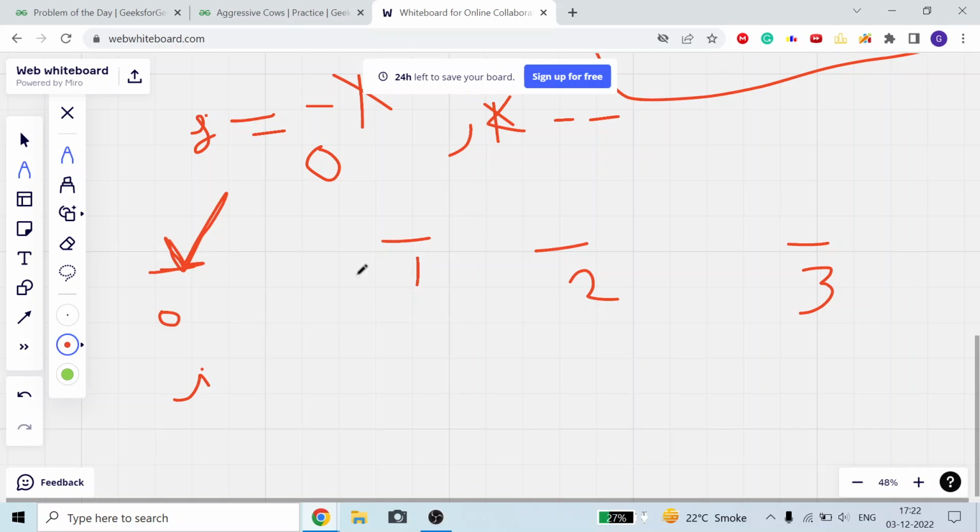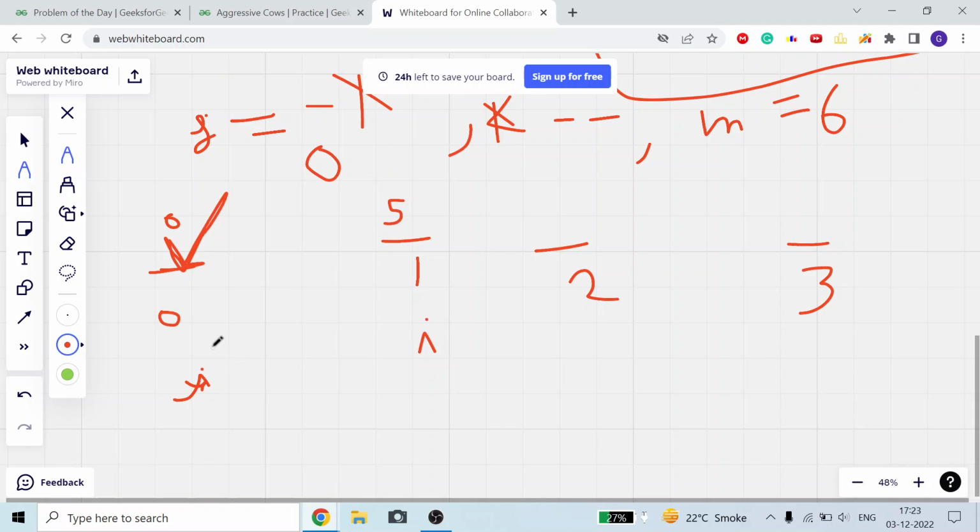Okay, and here is the second condition: if j is not equal to -1, then I will move forward. Suppose i is here, and suppose the distance between them is 5. Suppose the 0th index is position 0 and this one is position 5. The distance between them is 5 minus 0, that is 5. It means between stall 0 and stall 1 I have a distance of 5 units, and suppose m is equal to 6. Suppose for a minute m is equal to 6.